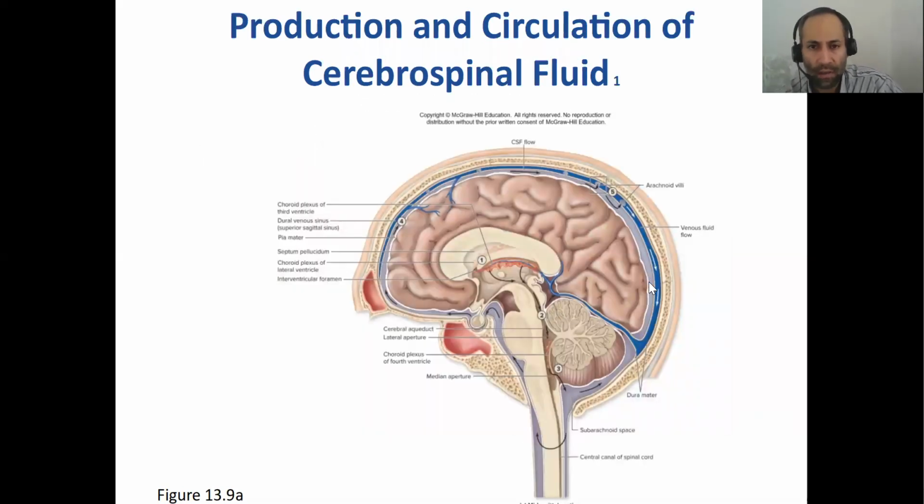All right, so the question is, now in this picture, you can see where the CSF is produced in the choroid plexus, right? In the lateral ventricles, and then it basically circulates all around the brain. You see here? These arrows tell you where the cerebrospinal fluid is circulating all around the brain. The entire brain and the spinal cord are bathed all the time in CSF, cerebrospinal fluid, as you can see